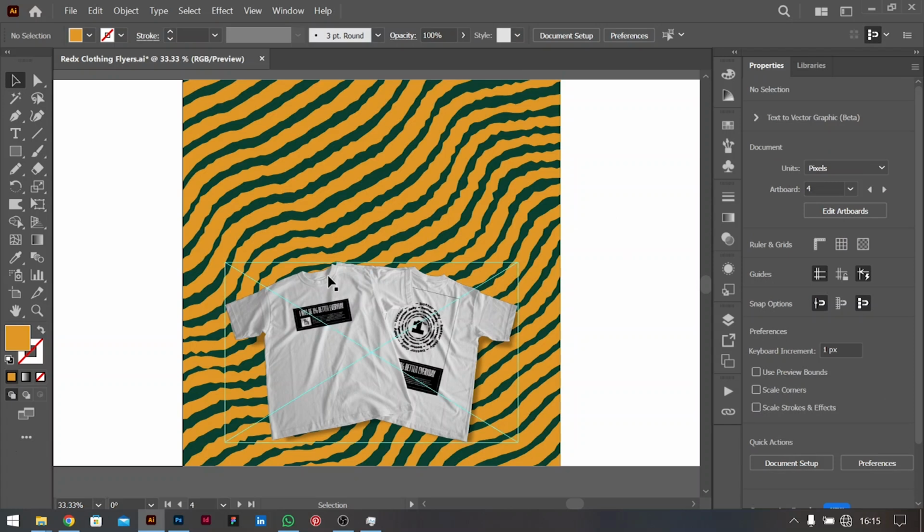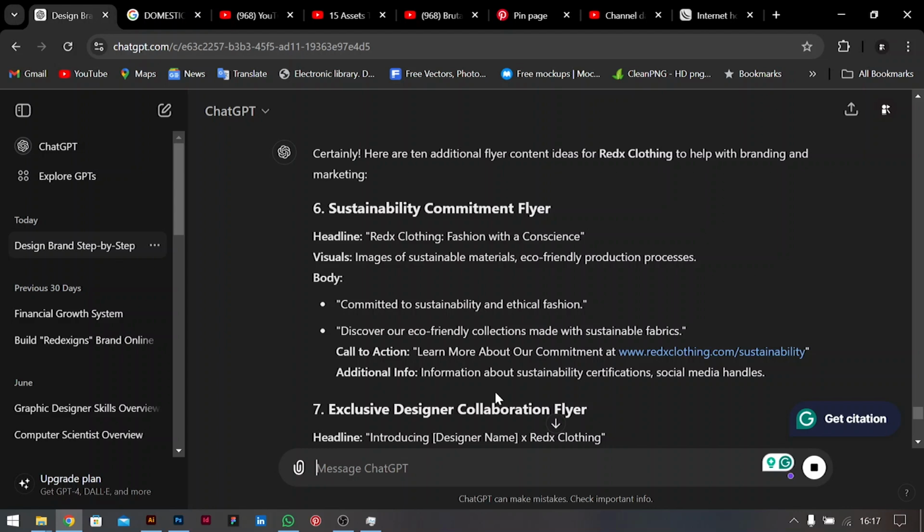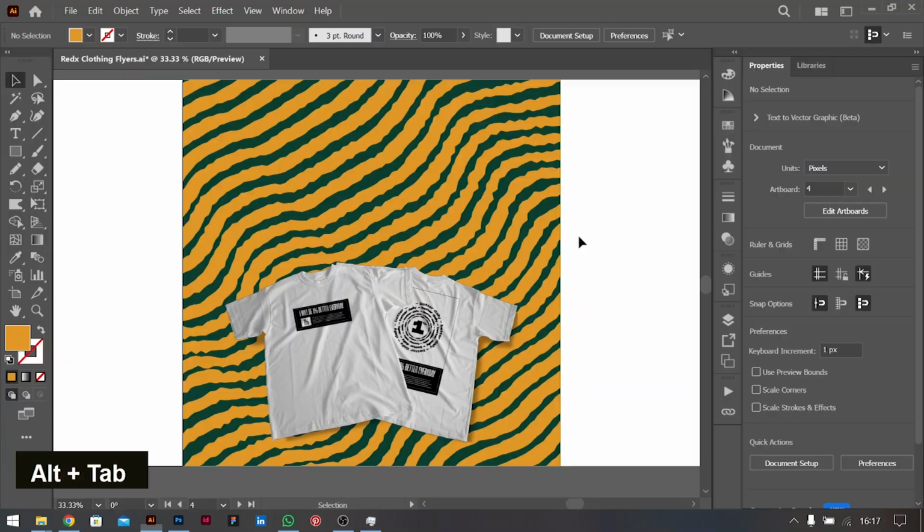We have some of the contents we have, but I think we have exhausted most of them. So we need to get new contents. Let me generate the content in ChatGPT, then we'll jump into it. Okay, so we have successfully generated content and some extra content. I'll probably just pick one from it. So I think I'll pick the first one, which is a sustainability commitment flyer. We are going to be using this content instead. So I like the words fashion with conscience. We copy that